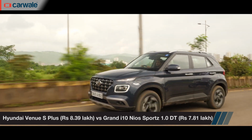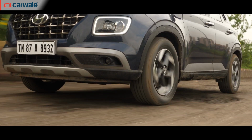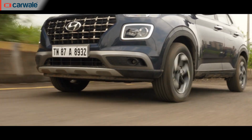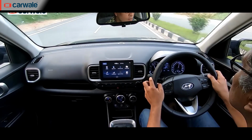Venue has its pluses. It's an SUV, which means you're not worried about poor roads or high speed breakers. It's more practical because you've got a bigger boot. It's easier to get in and get out of. You have better visibility, all of that. But if you're, let's say,